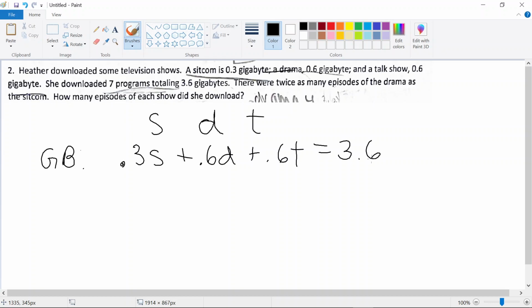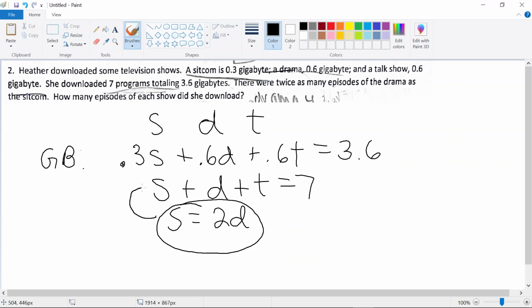Then it also says there's 7 programs, so sitcoms plus dramas plus talk shows equals 7, and hopefully there's one more thing. There were twice as many episodes of the sitcom as the drama, so S equals 2D. Twice as many. So if there's one drama, 2 times 1 is 2. There'd be 2 sitcoms. So I've got those 3 equations, and now I will use this one,